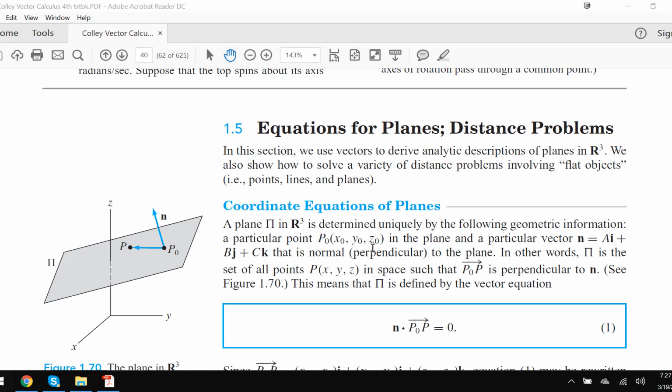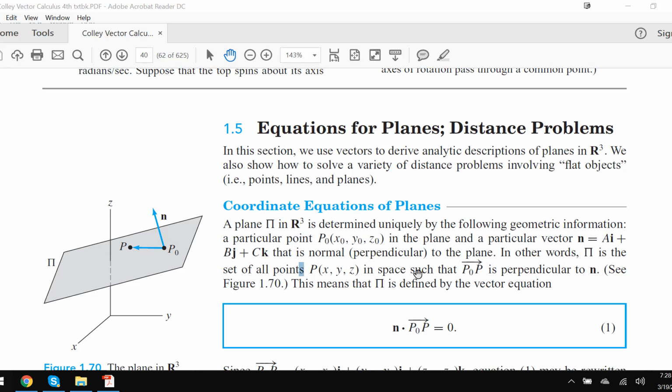So point P0, x0, y0, z0, and the vector n, which looks like some vector. And n is normal, perpendicular to the plane. In other words, pi is the set of all points P, x, y, z. Now, you notice that this is common. We always do that. If you put a subscript on it, it means that you're talking about a specific point. If you don't, you mean this is free to change. So we're doing that here. In other words, pi is the set of all points. So it's not just one point. Set of all points